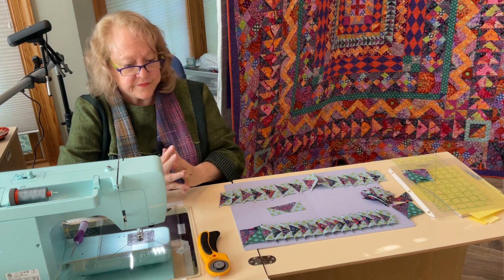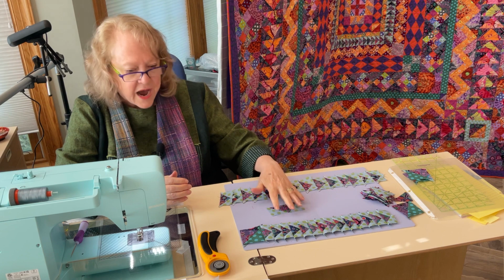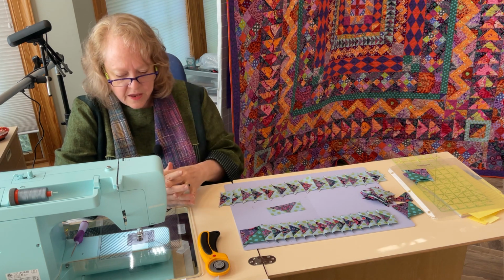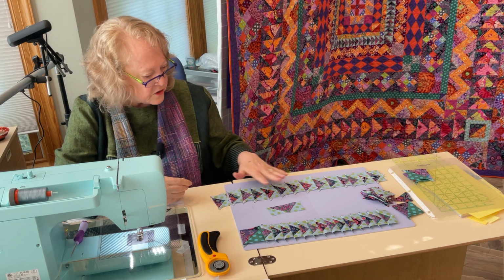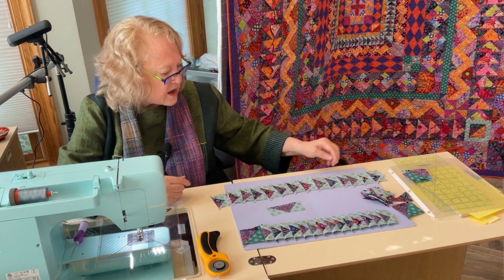The next border is called Flying Geese. And I know that there are lots of ways that people do these with shortcuts. And by all means, if you'd like to, go right ahead. I don't, and there's a good reason. When I'm making all of these little flying geese and I'm putting them together for a border, I'll notice things